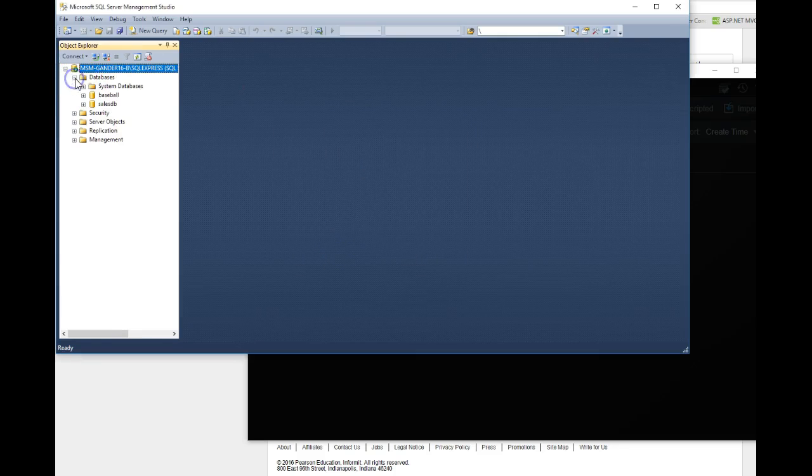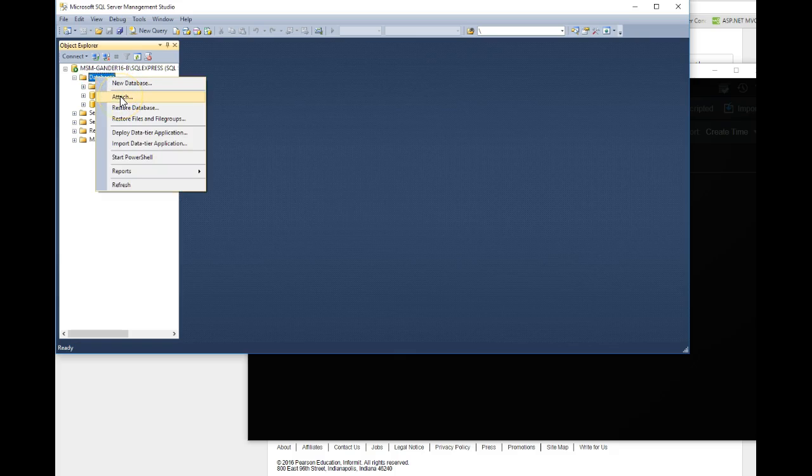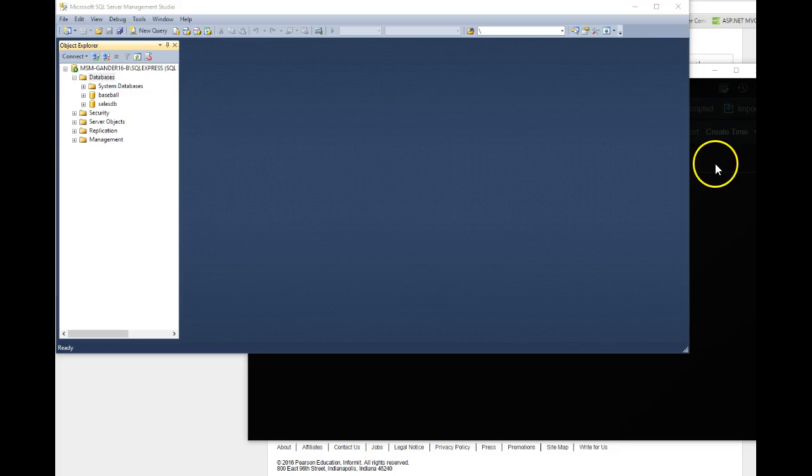Over here are the databases that I have installed already, but now I want to bring in all those other databases. So I'll click on Databases, right mouse click, and choose Attach. We don't have to do a restore because those files aren't backups. The databases are actually out there. We just need to attach those databases to our SQL Server, our SQL Express connection. So I'll click Attach,